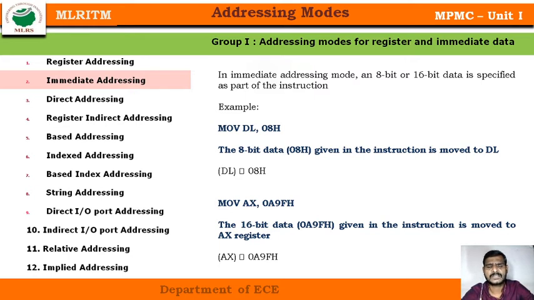You may have a doubt about the one below, where I am using MOV AX, 0A9FH, where 0A9FH is an immediate data which is moving into a 16-bit register AX, because we know that the 8086 gives flexibility to programming for 8-bit as well as 16-bit. So this is an immediate addressing mode.